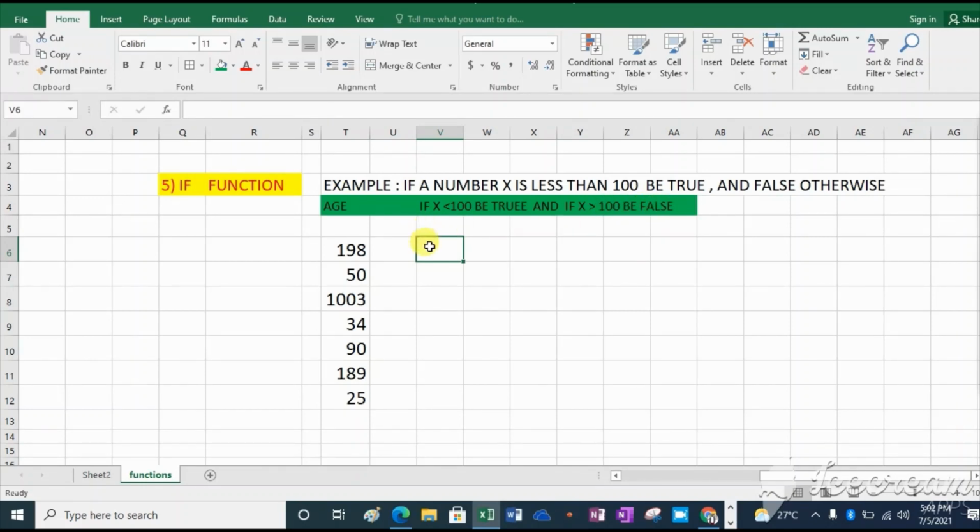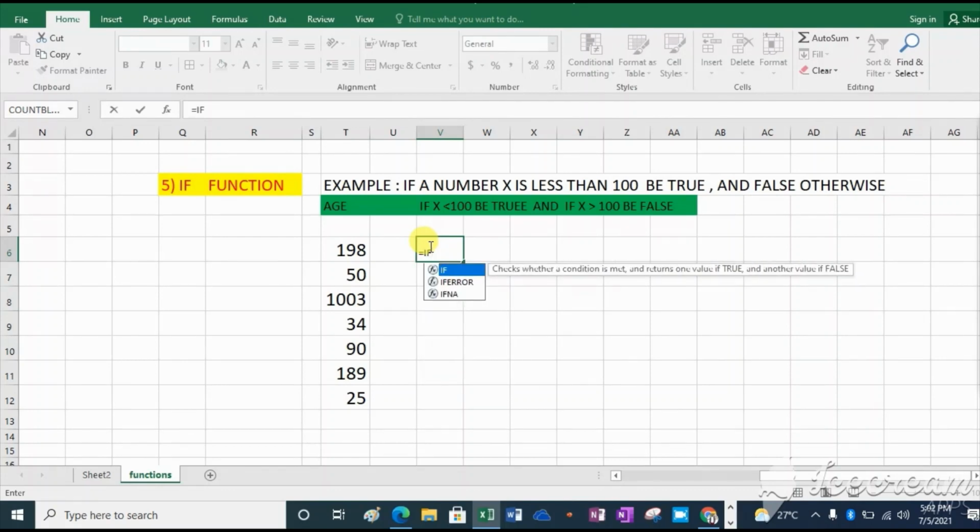So you put a condition: equal sign, if, bracket, this is T6. You click shift, then select, less than what?